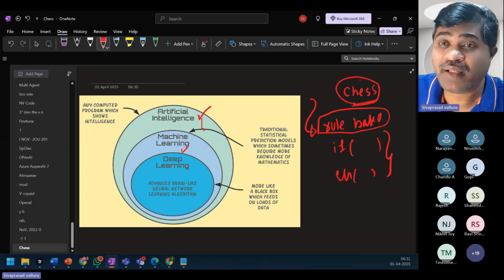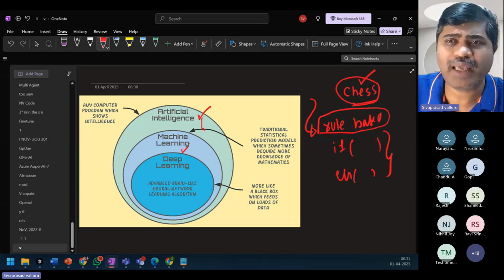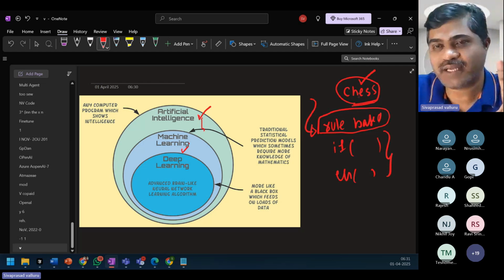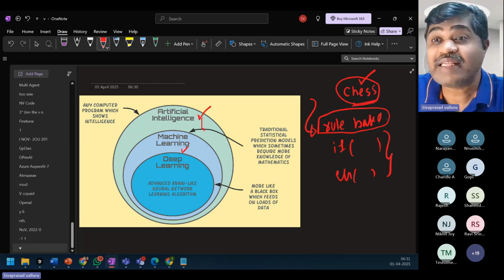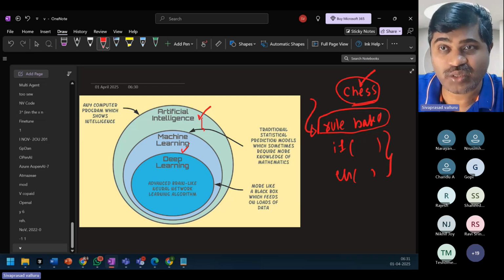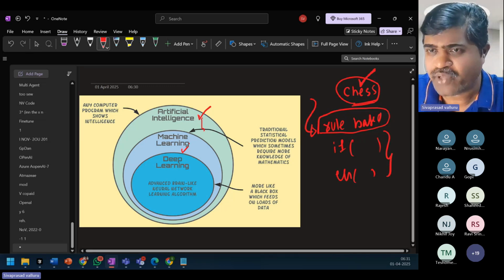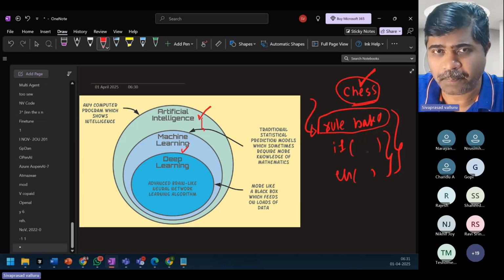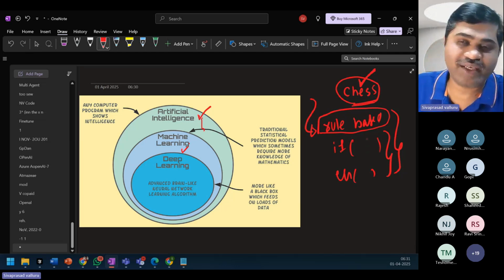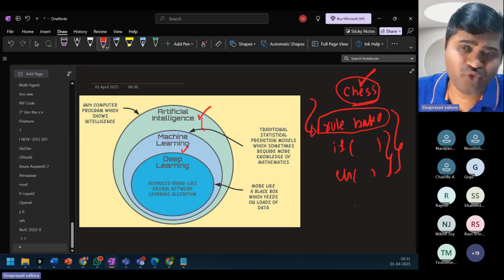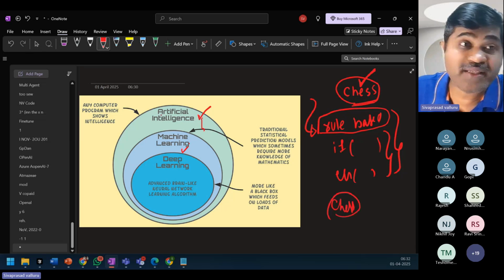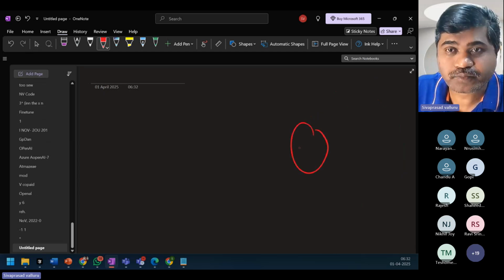As it is also displaying intelligence just like a human, I can say that this chess application is an artificial intelligence based application. But it is not a trained application. It is not using any training. It is just rule-based if-else conditions, etc., in this chess program. But nowadays, even from the last few years, there are chess applications for which they have created a model.